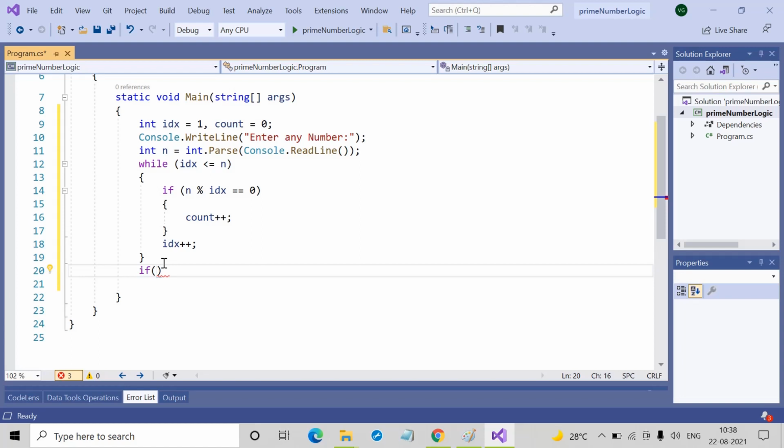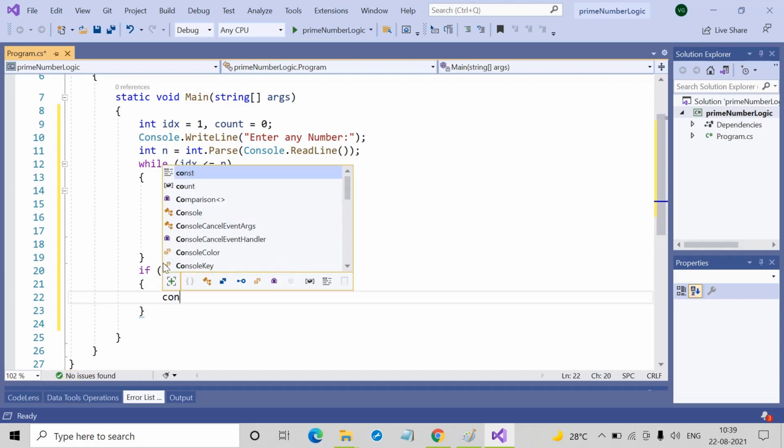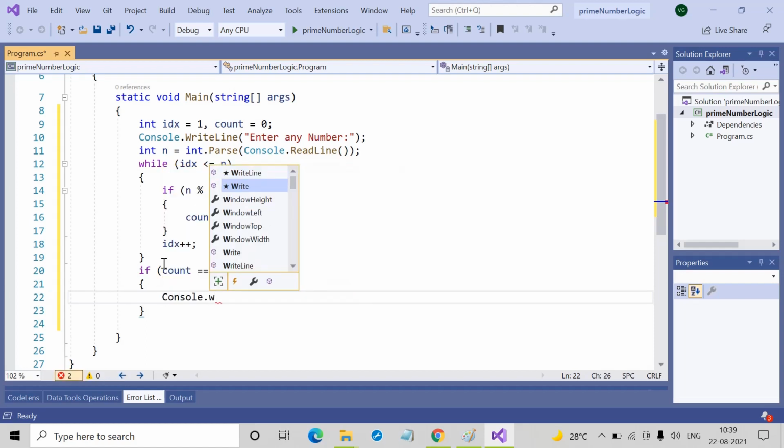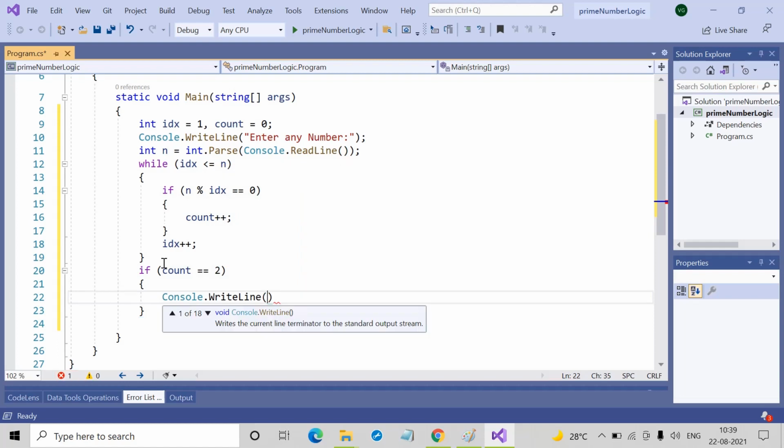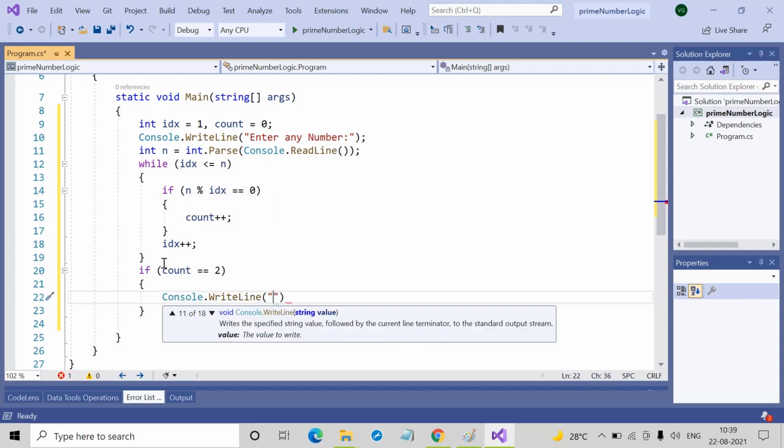We will take an if condition: if my count equals 2, then I will take Console.WriteLine, my given number is a prime number.